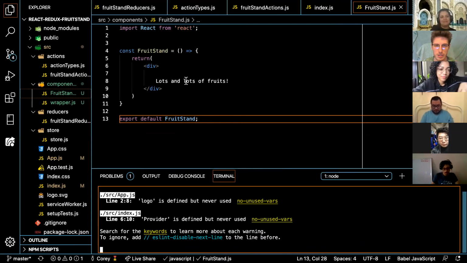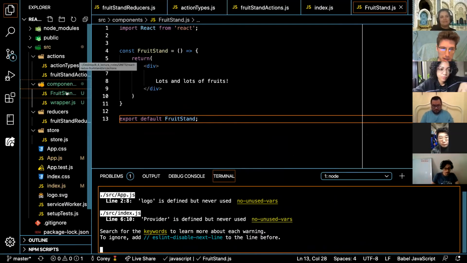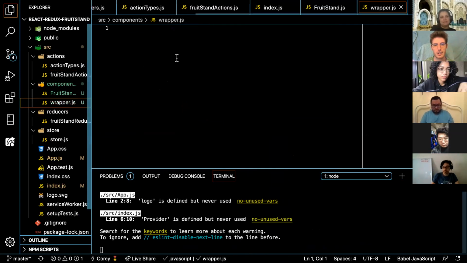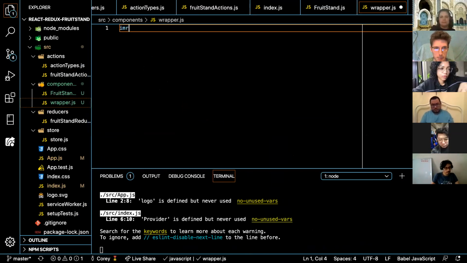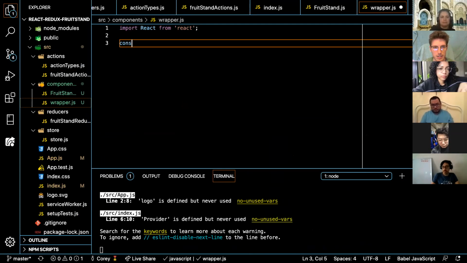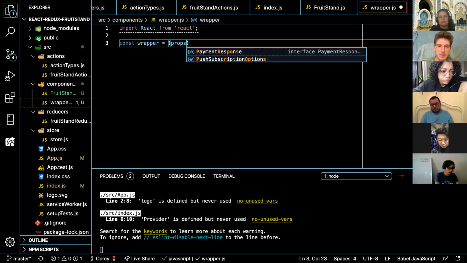So just to demonstrate what a wrapper component is, let's go ahead and write another component here. I'm going to import React from React. I'm just going to call this Wrapper for whatever reason. This is like what our routes are. This will take in props,